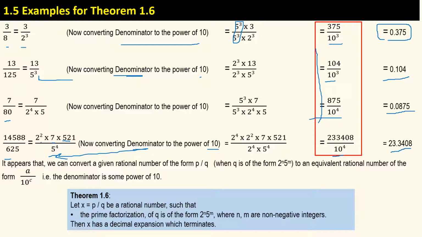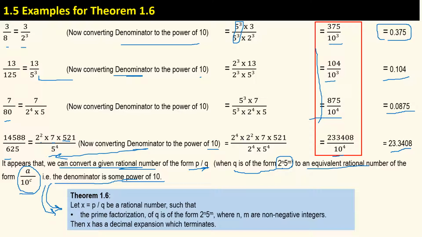They all have a denominator that is a power of 10. So it appears that we can convert a given rational number of the form p divided by q, where q is of the form 2 raised to power n multiplied by 5 raised to power m, to an equivalent rational number of the form a divided by 10 raised to power c, that is, a denominator having some power of 10. And more formally, if we state this, we will arrive at theorem 1.6's text,